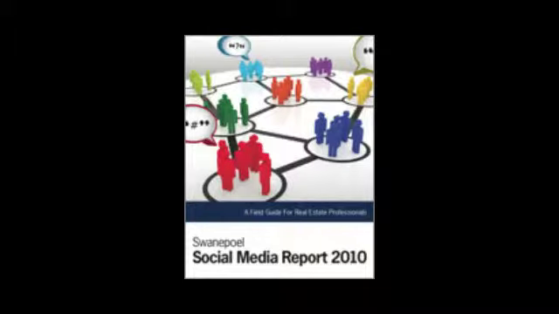I actually talk about this model in more detail in a book that I wrote for real estate professionals last year. It's called The Social Media Report, a field guide for real estate professionals. But really, the model applies not just for real estate professionals. In fact, you can be just about any professional in any industry, and it applies to you just as well. I actually turned the whole book into a video book, and I'd like to share one section with you now from chapter 3 of that video book.